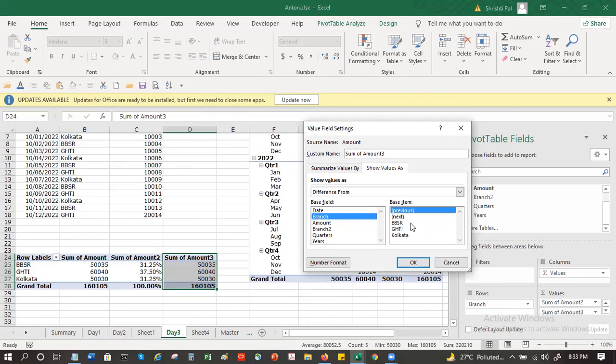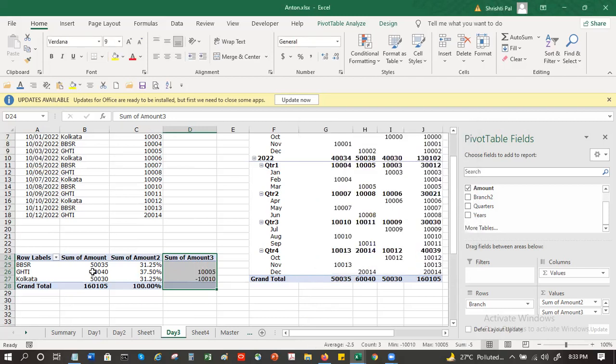So always compare with Kolkata or always compare with Guwahati or always compare with Bhubaneswar, whatever you want to do. Or you can just compare one by one. So the difference between this and this is 10,000. Difference between this and this is minus 10,000. And you can rename it.